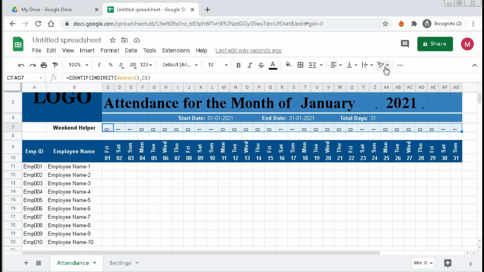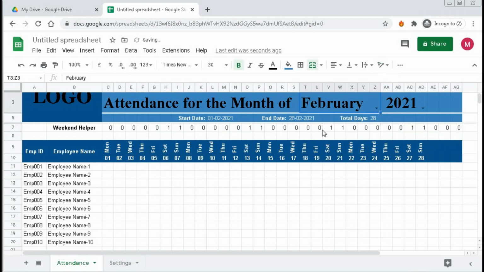And if I change the month to February, you can see here also we are getting 0. But for the blank cell, we need X or blank. For that, we need to use the IF function. So here we use another IF bracket open.